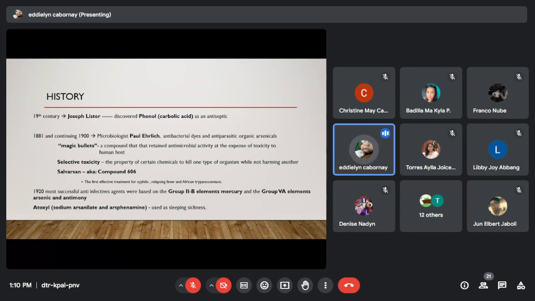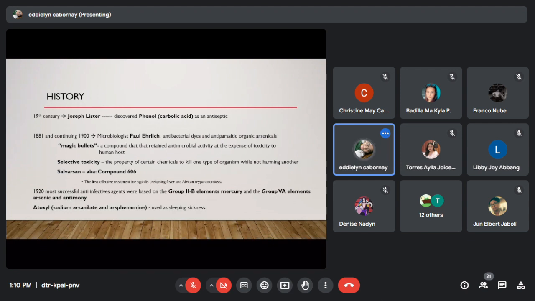Okay. So during 1920, most successful anti-infective agents were based on elements. They came from the group 2B elements, wherein mercury is found, and group 5A, wherein arsenic and antimony are found. During this time, heavy metal toxicity after treatment with mercury, arsenic, and antimony severely limited the usefulness of agents containing these elements. It's because